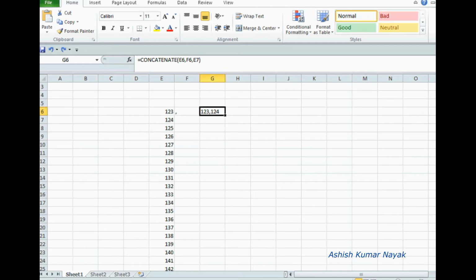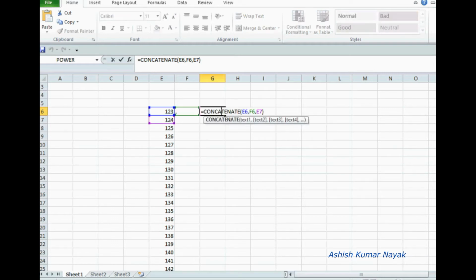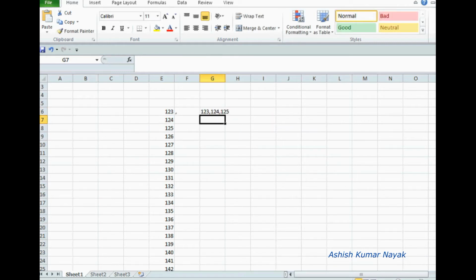Are you going to manually select all the cell values, like after E7 put a comma, then select the comma value here, then type a comma, select the 125, like this? It will continue or what? It is a very difficult job, right?